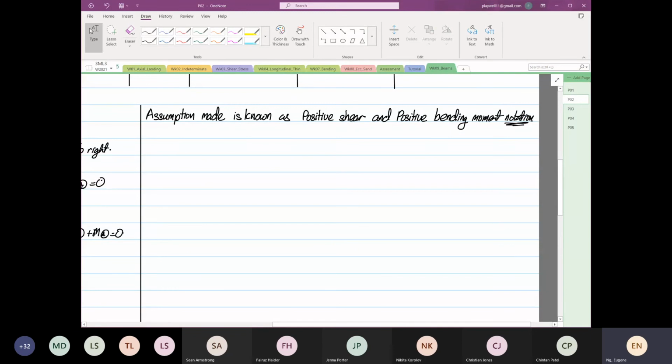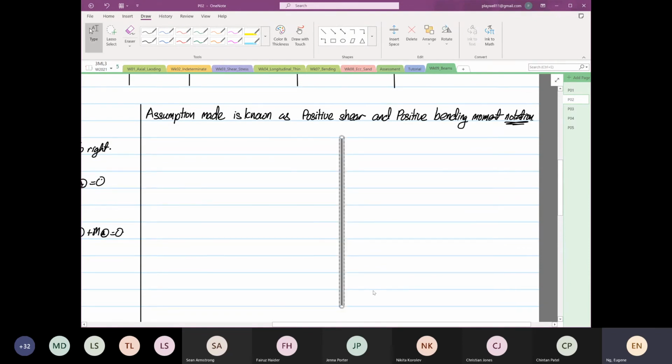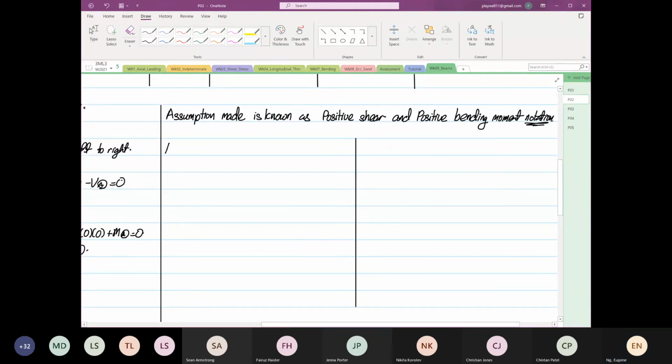Okay, so we're going to analyze the beam two ways. The first way, I'm going to divide this into two, then you understand what I mean. Now this part is where I'm jumping out from the example and explaining the theory to you. I don't know if it is a better approach, but I think it is, rather than telling you all the theory and then doing an example and wondering why it is like that. So I'd rather do this in between. So now, if we analyze the structure from left to right,